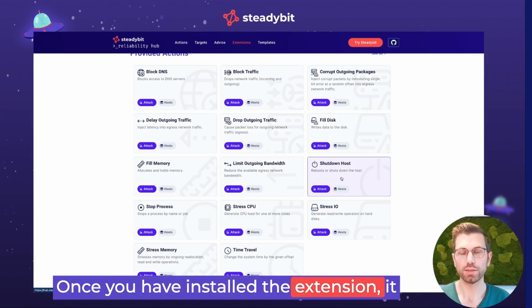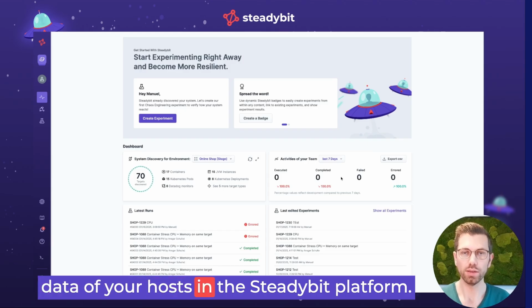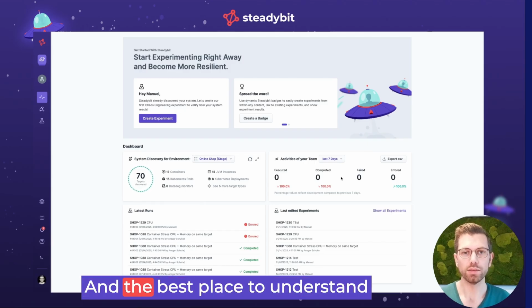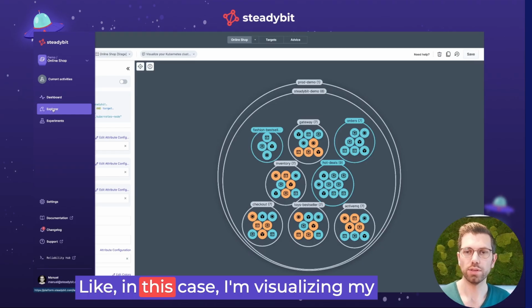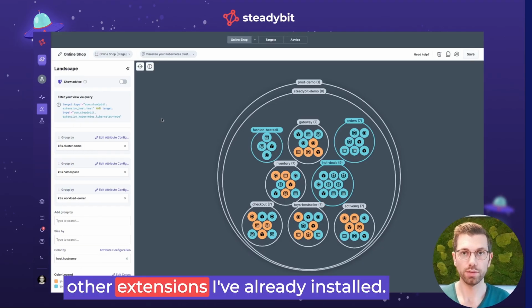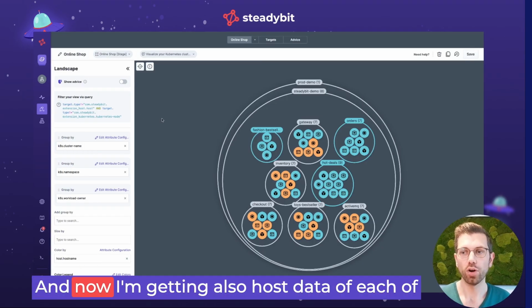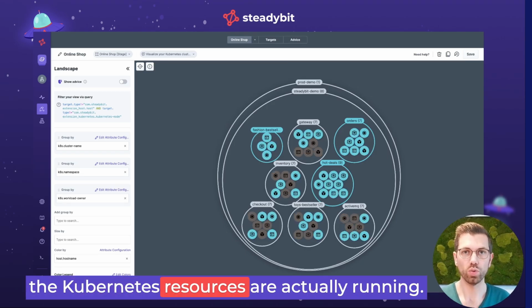Once you have installed the extension, it automatically shows you all the discovery data of your hosts in the Steadybit platform, and the best place to understand and visualize this is the Explorer. Like in this case, I'm visualizing my Kubernetes cluster based on some other extensions I've already installed, and now I'm getting also host data of each of those Kubernetes resources